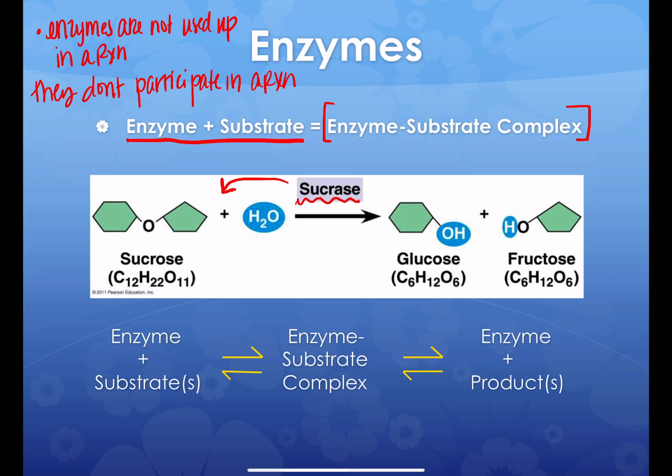Enzymes can be recycled. They can work over and over and over again. Now, they may all be used up for a finite time period, kind of like ATP. We saw yesterday how it cycles back and forth to ADP and then gets that phosphate back on it. So all of the enzymes can be occupied at one moment. They can all be busy doing a job. But after they convert that sucrose into glucose and fructose, like in this example, then sucrase is ready to do